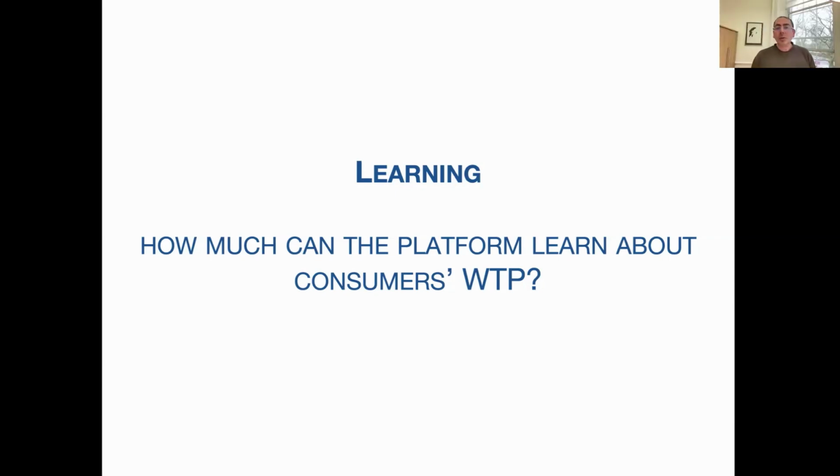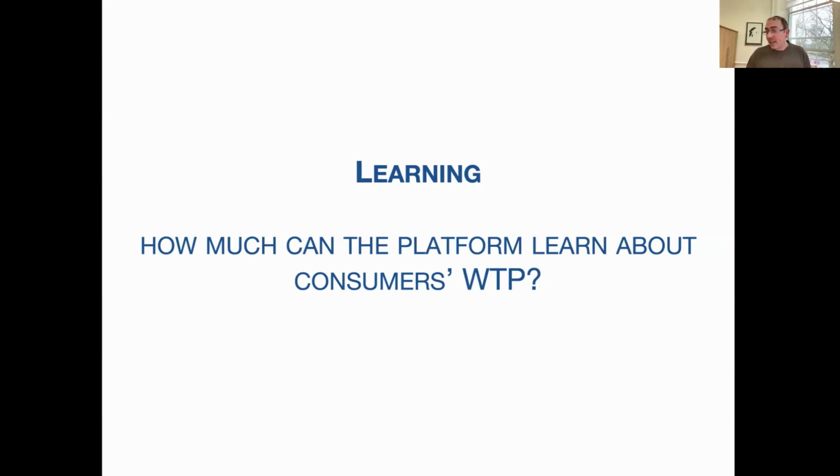Okay, so at the beginning of this game, the platform only knows that the willingness to pay of any characteristic is drawn by a CDF, a function F. So ex ante, the demand that the platform knows is 1 minus F of p. That's what the platform knows at the beginning, but the demand can be very different from that. And I want to know, after doing all these market segmentations across periods, what can you learn about the demand?